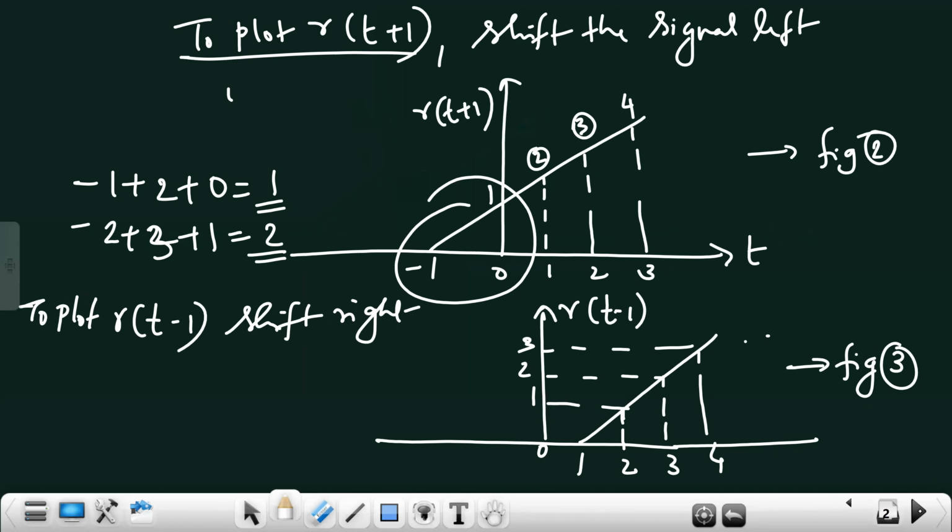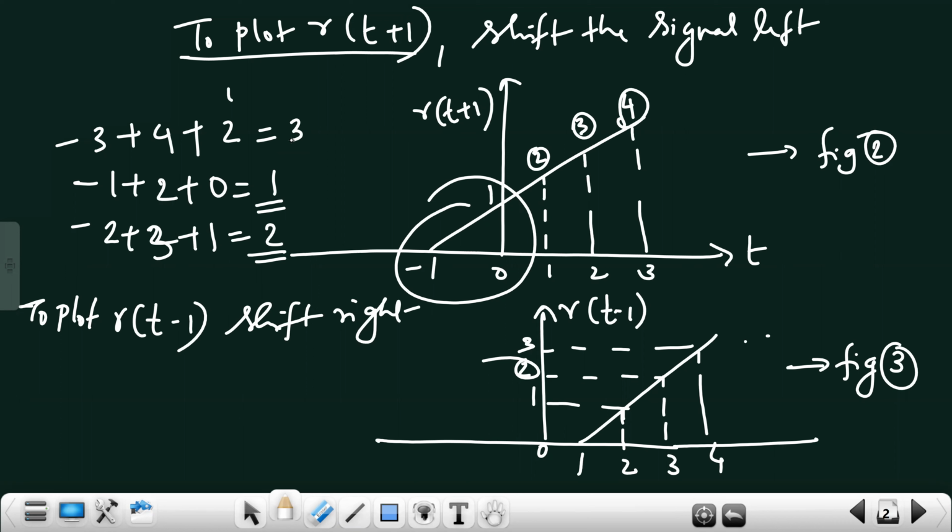Then from figure 2, you are having 4. So -3 plus 4. From figure 3, you are having 2. So the answer will be 3. Correct, no? So what will happen? Yes, sir. Yeah, the signal will again rise towards 3.